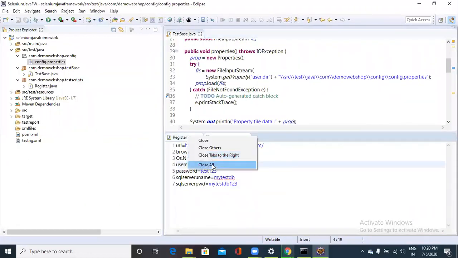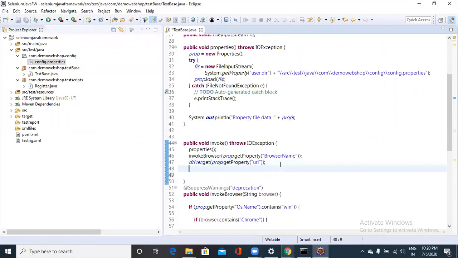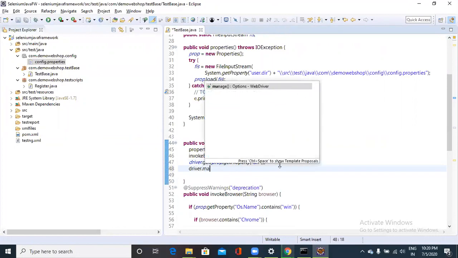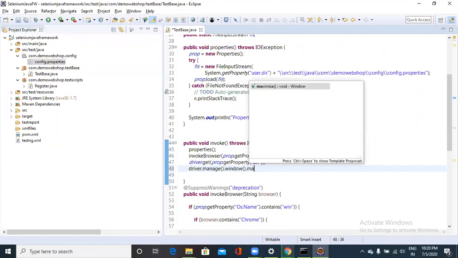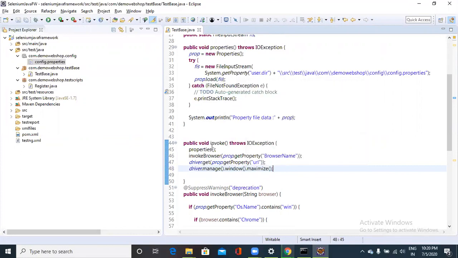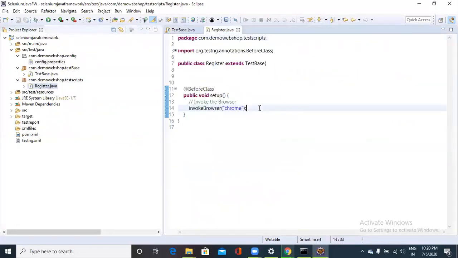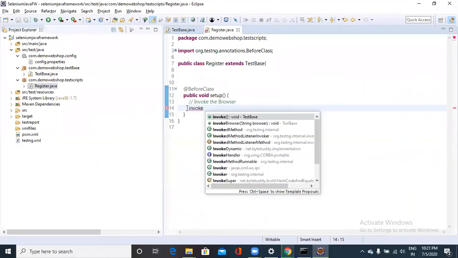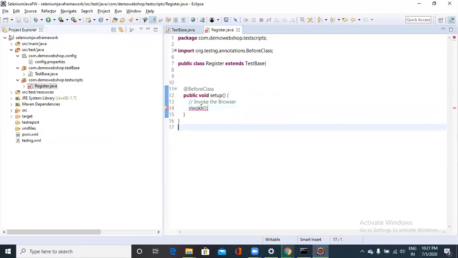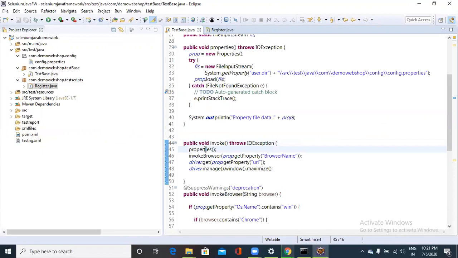All right. Close this. And after that, once you navigate to the URL, I want to maximize it. driver.manage().window().maximize(). All right. So that means, first, when you're invoking this method into your test scripts, you don't need to use a browser here. You're hard coding it. That is wrong practice. Come here, paste here, enter. See, you're not using any data here. Just add the throws exception. Fine, fantastic. Now, if you go to this with F3, you will see these properties. First, initially it's reading the properties, and then after invoking the browser, navigating to the demo shop URL